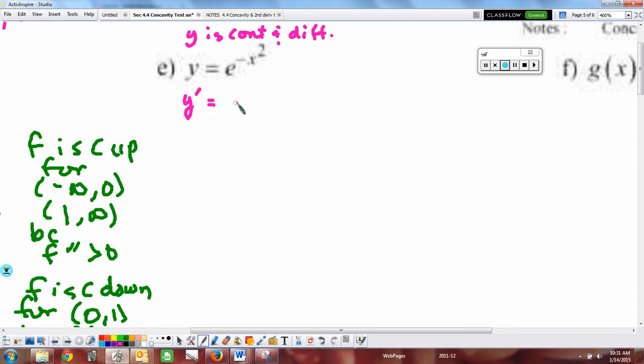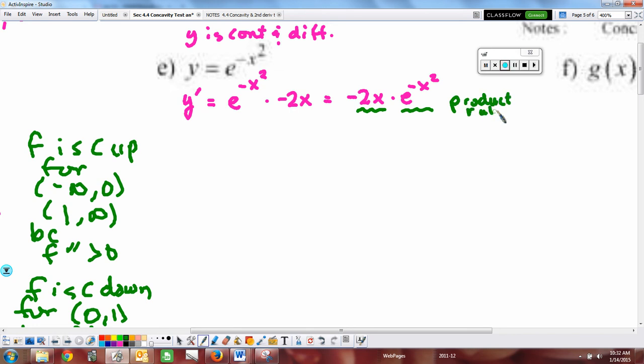And our first derivative would be derivative of e to anything is e to that stuff times the derivative of the stuff, which is going to be negative 2x. And I'm just going to write that in a nicer form so that I can get ready to use the product rule. So as soon as you see that you have negative 2x times this e, you're going to have to use your product rule